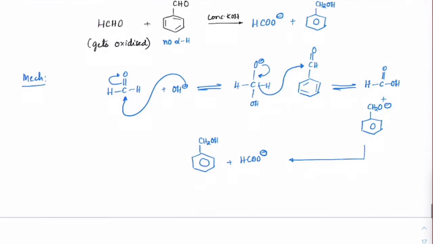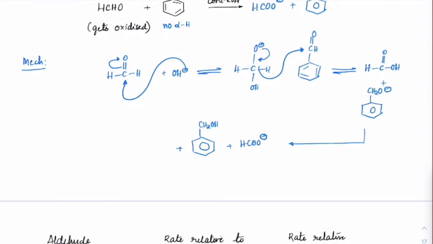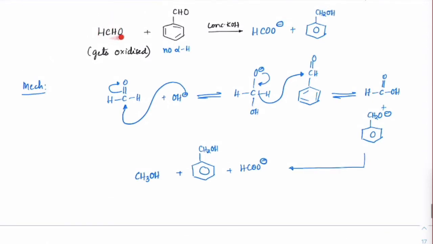Yes, you can have the other product as CH3OH also, which is the self Cannizzaro of CHO. And if you expect this to happen where there is COO minus,